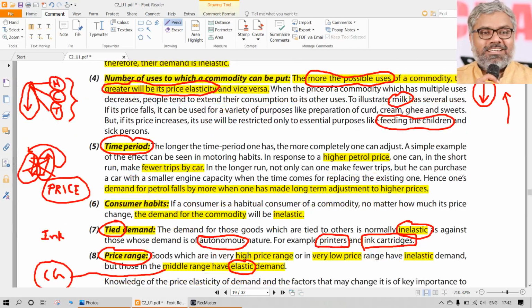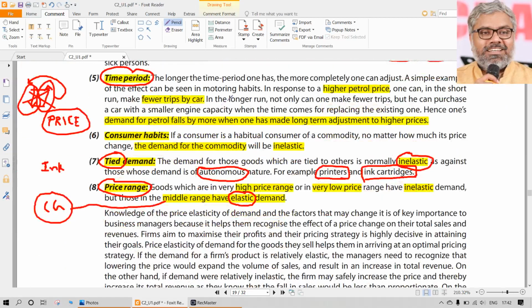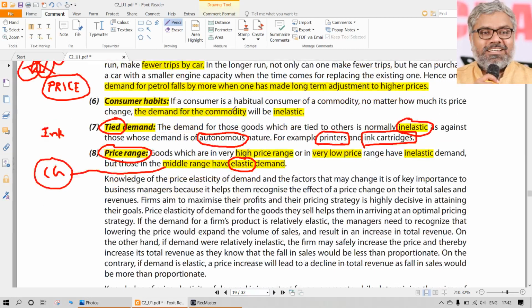Does that commodity have many uses? That has to be checked. Can there be an immediate adjustment in the consumer's pattern of spending, or will it take a longer time to adjust? That also has to be checked. If it can be adjusted quickly, there will not be a problem. There will not be much elasticity. If it is going to take a longer time, then immediately there will be a reaction from the consumer. So the price elasticity will be higher. That also will have an impact. Then, is the product something which the consumer is habituated to?